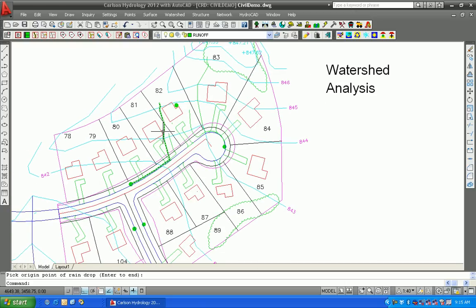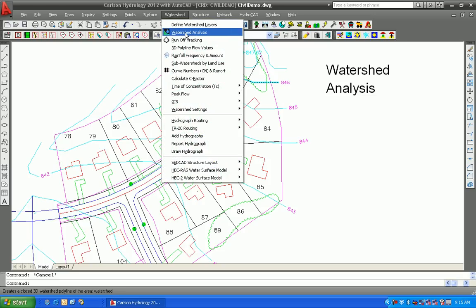Now, if you grip on these runoff lines, you can see how they track to their respective low points. So I would point out that another way to find low points is actually to do runoff tracking, because runoff tracking will, in a sense, end at the low points and reveal where your watersheds break off, where one watershed ends and another begins. If you do enough of them, runoff tracking itself is a form of watershed perimeter location. However, if you go back into the command, Watershed Analysis,